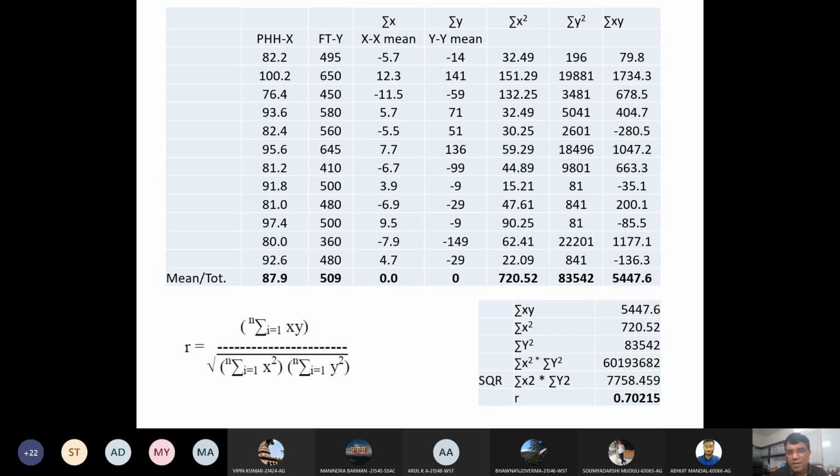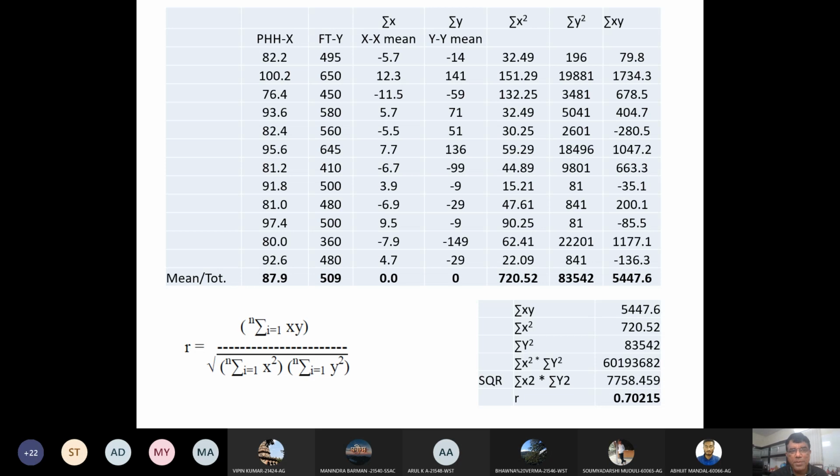Now, these are different variables that you worked out. Suppose you want to do your regression analysis manually, you can do it in Excel. Instead of using calculator, you can do it in Excel. For example, this is linear relationship, X variable in the first column, second column, fertile tillers, and you want to see association between plant height and fertile tiller. Are they associated?